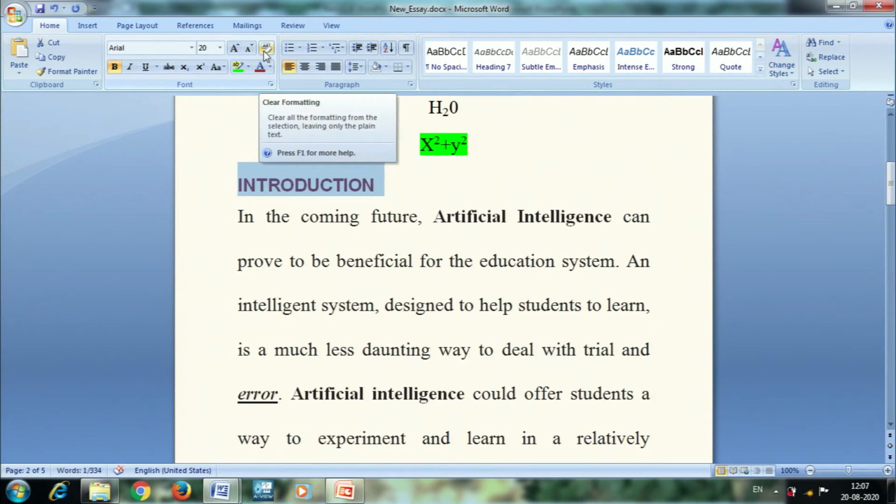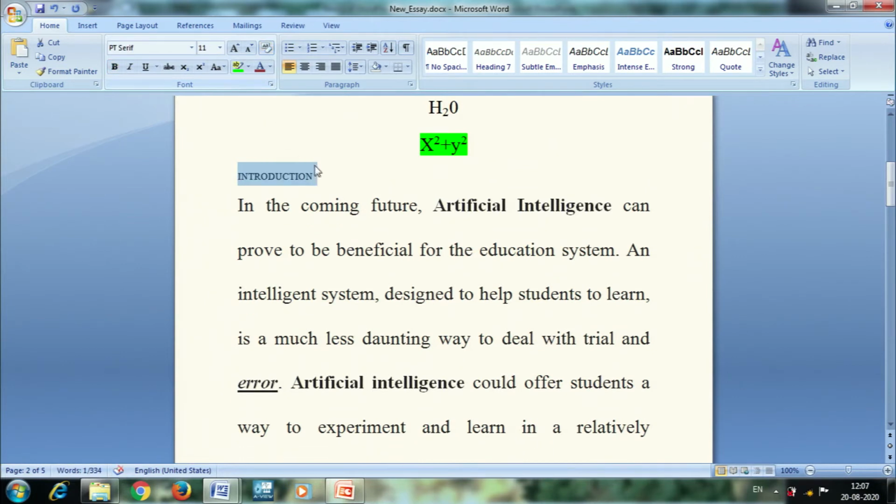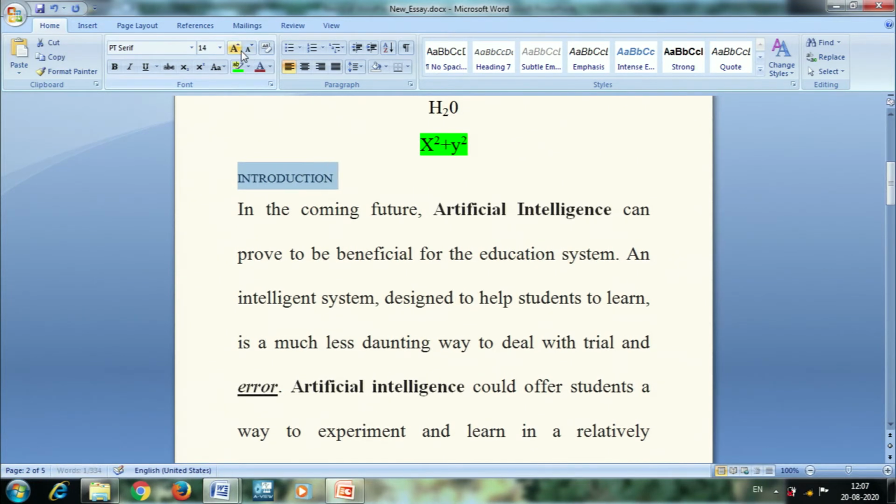I can also choose the option clear formatting. If I click clear formatting, the formatting will be removed. So by default, whatever color and whatever style was there, that will be used. So this is the normal size. It came back to the default, so the formatting got cleared. My text is displayed in the normal way now. And this is about how we can change the font size, and how we can increase the font size.